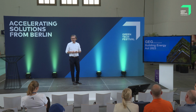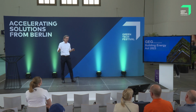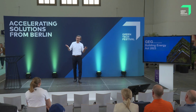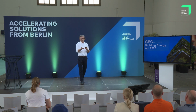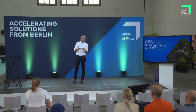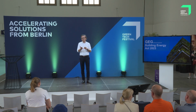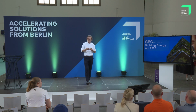Another topic in Europe is the European Building Performance Directive. In Germany, it's the GEG, called Gebäudeenergiegesetz. That falls into three main parts. One part is focusing on real estate, which means for the first time ever, residential buildings with more than 6 flats have to focus on investing in and using building automation in their building